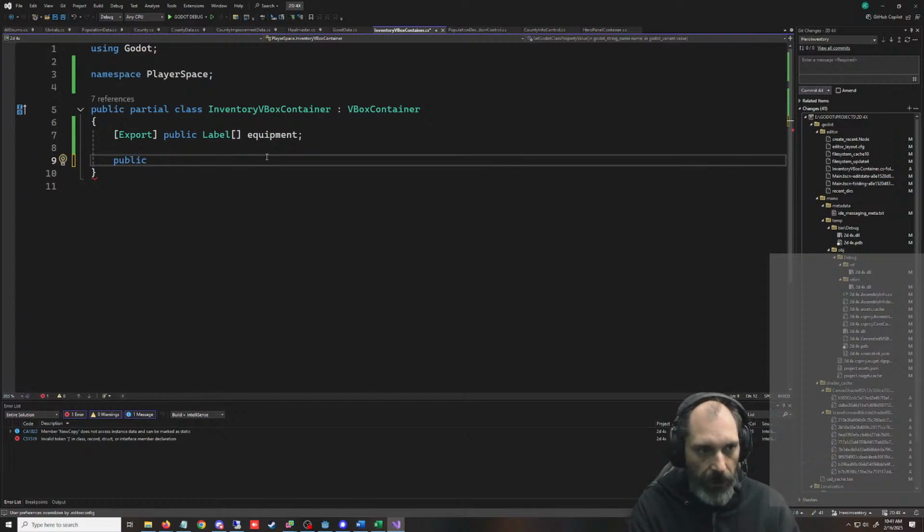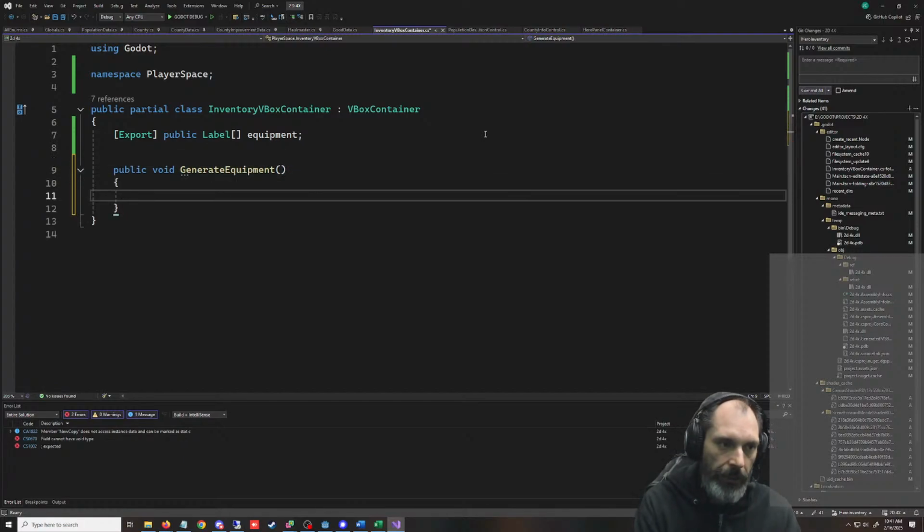We don't need a static one on here. This doesn't need to have an instance. It could. I use the instance all the time, but I've been getting away from that. So we'll just go public void. We're going to be accessing this equipment, so we can't do a static one. This will be generate equipment.